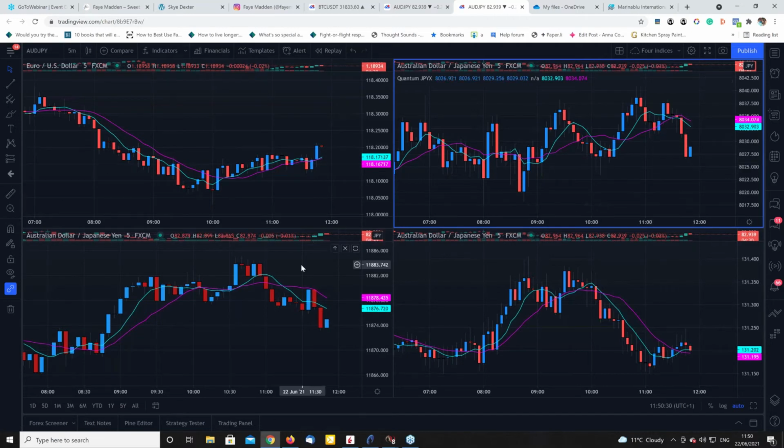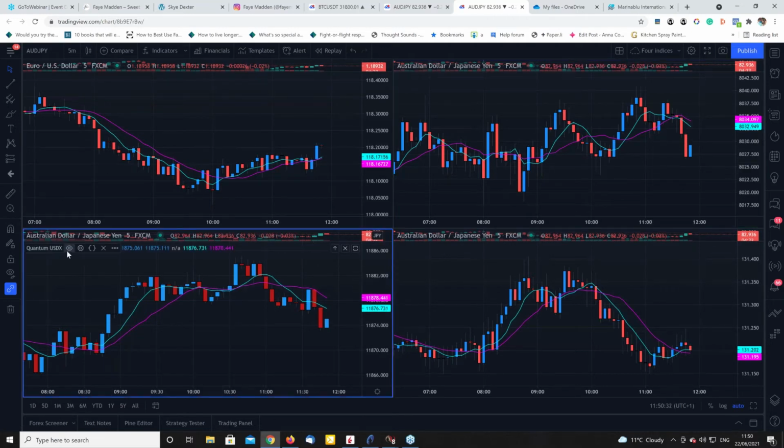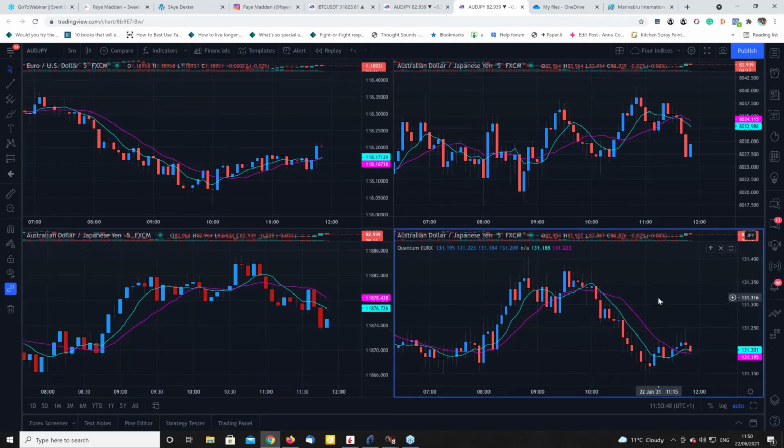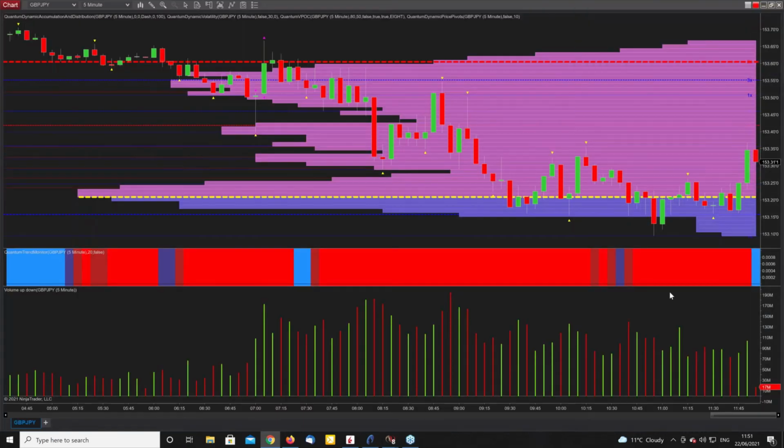Equally down here, this is the dollar index, so the dollar is starting to fall away. So if we're on the cable right now, we will be seeing a rally in cable, so maybe a little bit of a move developing in the pound dollar and possibly in other major pairs. And over on the euro is in congestion. It's been selling off for much of the morning. It's now moved into a congestion phase in the same way it was over here earlier on. So that's where we are in terms of the 4 currency indices, rather than the equity indices.